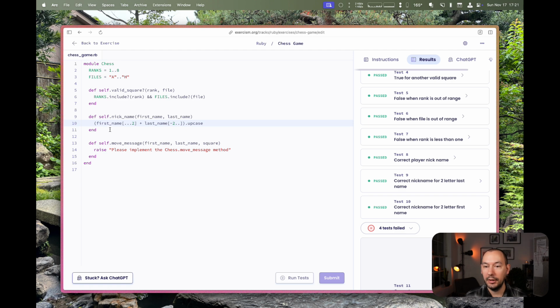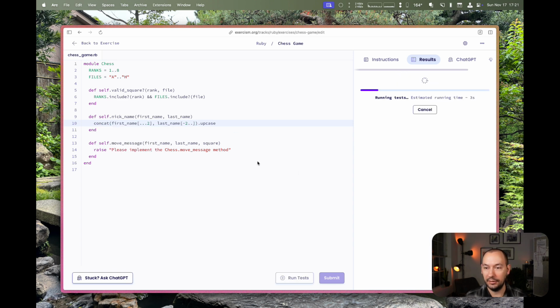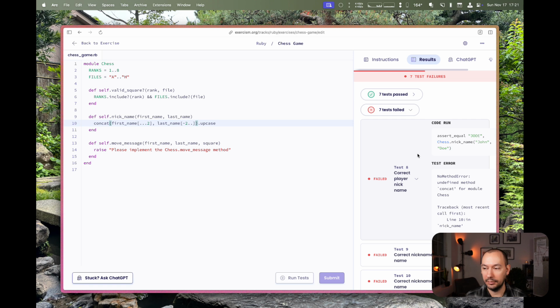Yeah, so that works. So this is one way to write this. It's a little bit clunky in my opinion. We could do, I don't know, we could do this. Whether this works or not,